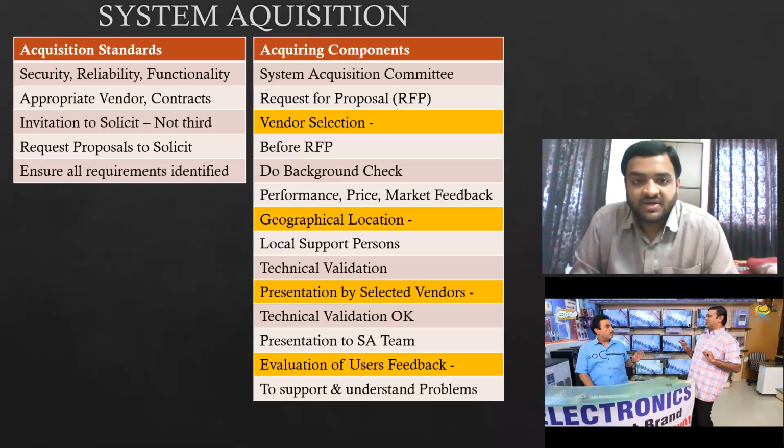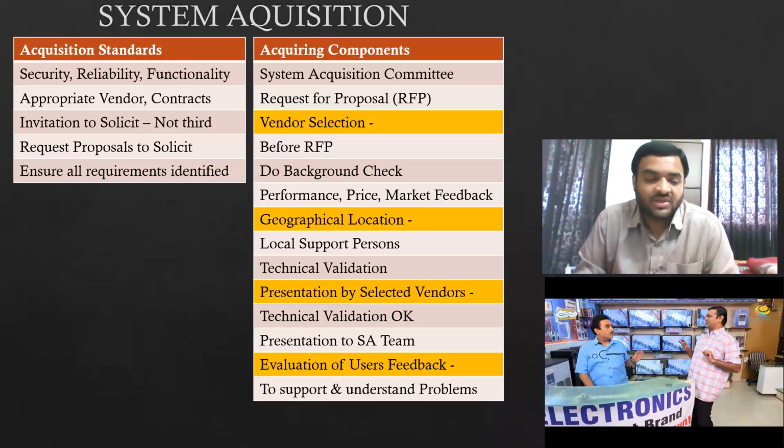After a presentation is made to the system acquisition committee, what we will do is we will call a user from all the levels of management. We will contact some stakeholders that they can gather there in the meeting itself. And during the meeting, they will test the functionalities, reliability, and security of the components. And immediately they will give the feedback there so that not just the vendors can understand it, but even the organization can understand in detail what are the requirements.